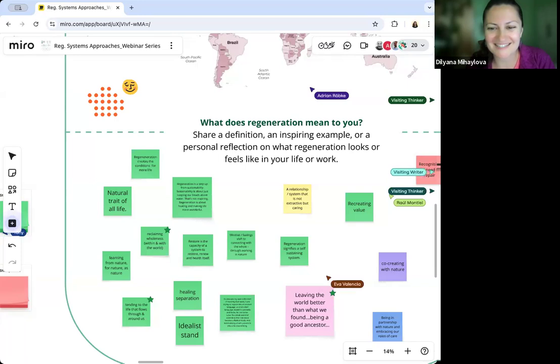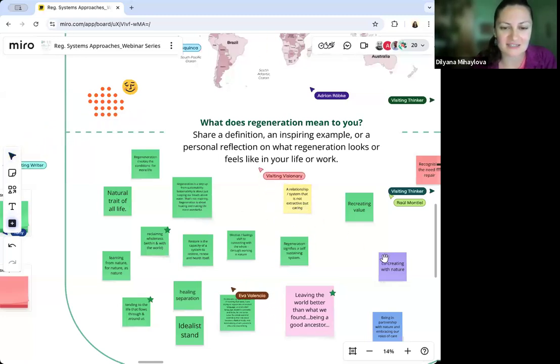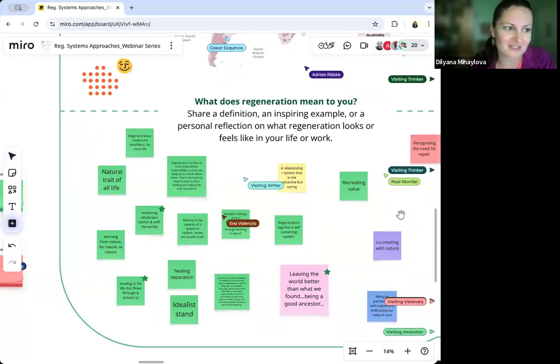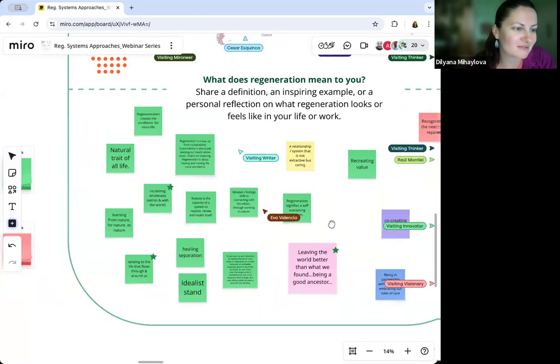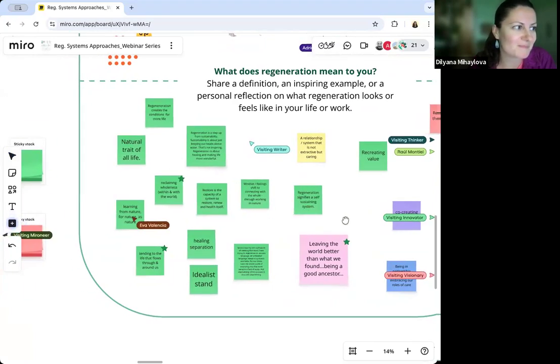Okay, I'll take this as silence, so I will share some of the things that really stood out to me from the post-its, and we have the opportunity to digest what everybody has written in the next exercise and actually work with these post-its and see how they align with some of the framework and the work that Hajar has developed. But I really love that co-creating with nature really stood out to me, the purple post-its, the healing separation, and I've seen some people adding stars as well, tending to the life that flows through and around us.